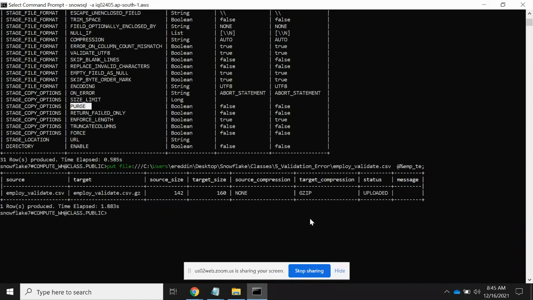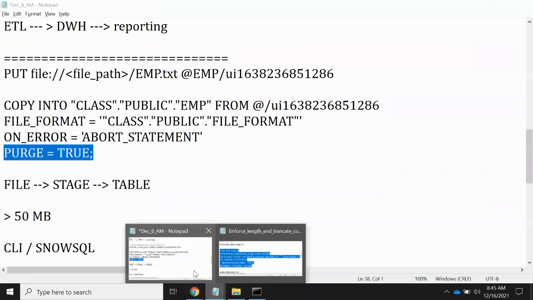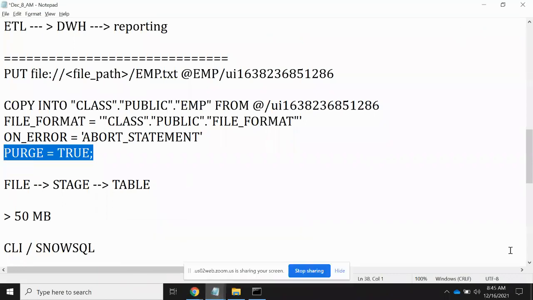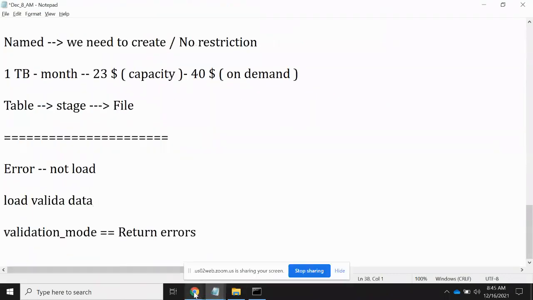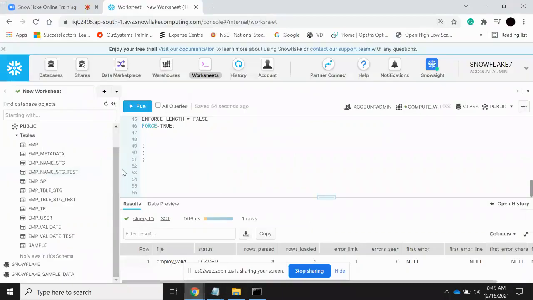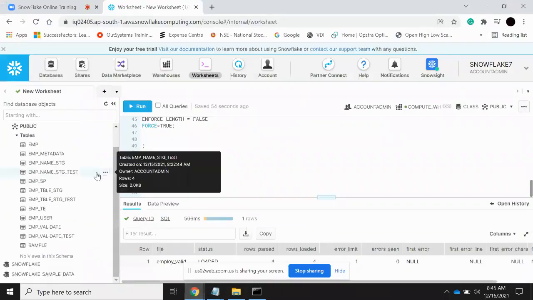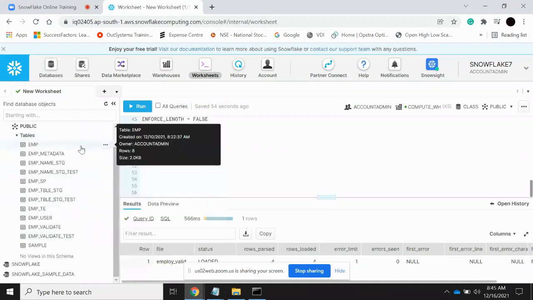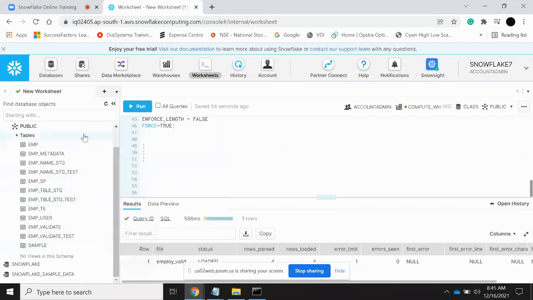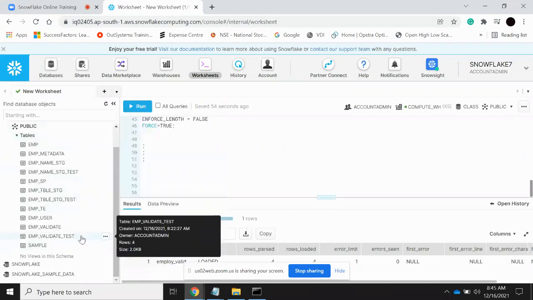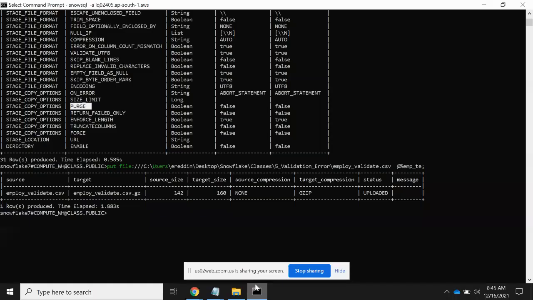For the best practices, once the file is loaded into the table, if you don't require it, you can simply use a purge command. For example, we have created these many tables, and we have loaded files into the table. If you observe, for example, list